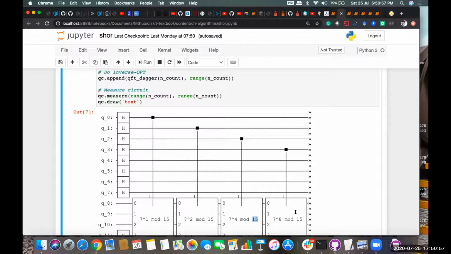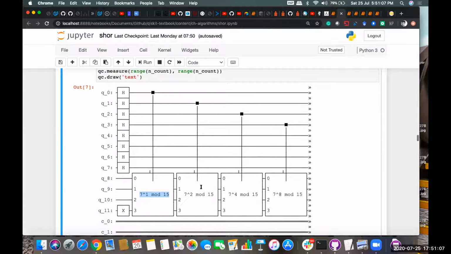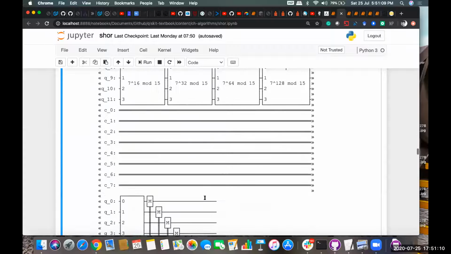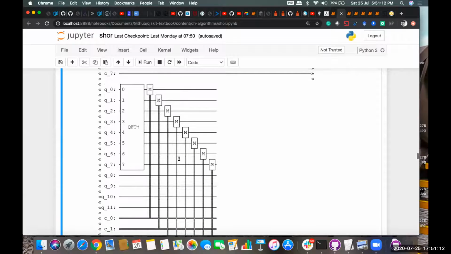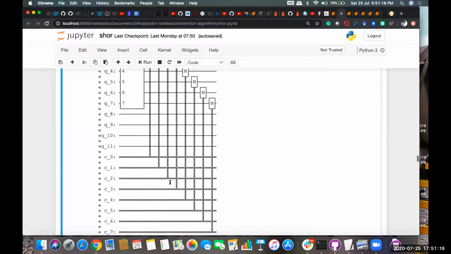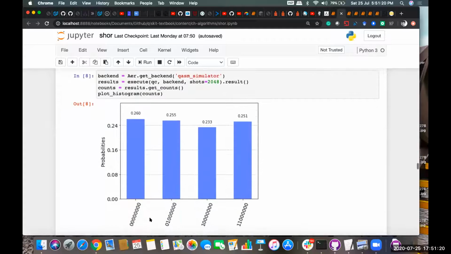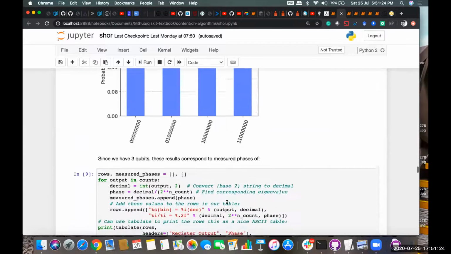And there will be certain periods which we will observe if we try solving this manually also. You see 3, 4, 13, and one more number is getting repeated periodically. So based on that, we will do the quantum phase estimation, and you can see how the circuit is working. We have applied the quantum Fourier transformation for all the qubits. We are measuring the values here, and yeah, so these will be the probabilities here.